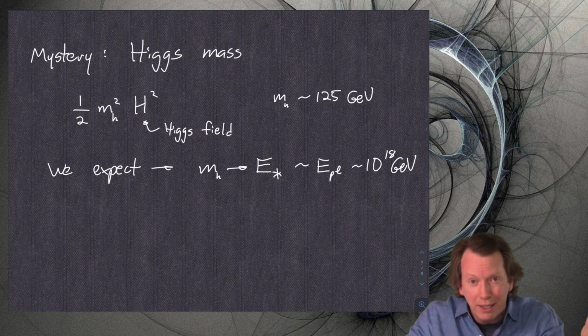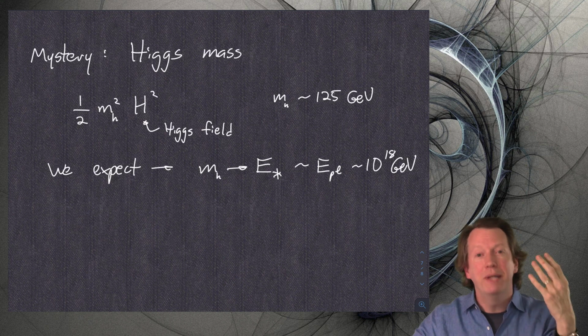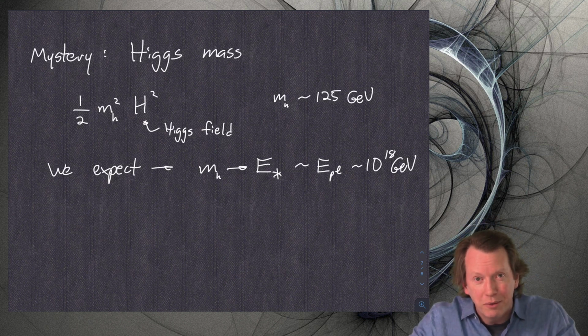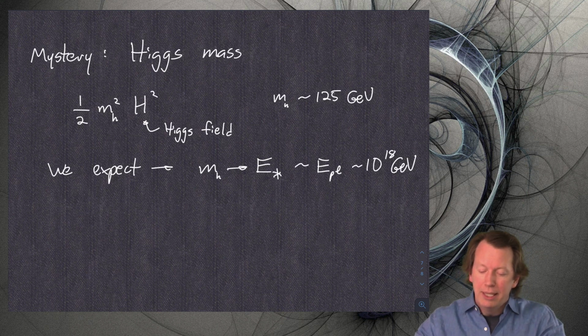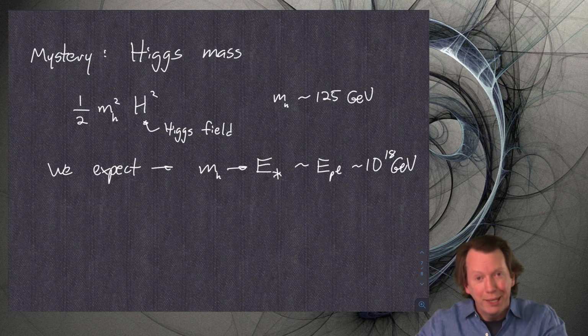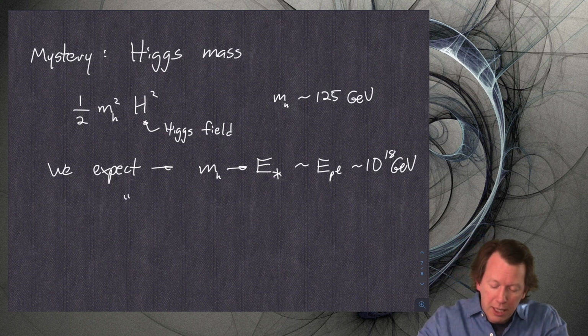The whole point of the effective field theory spiel is that we have natural expectations for the values of these coupling constants. But it's not, right? 10 to the 18 is about 16 orders of magnitude bigger than the actual Higgs mass that we measure. This is called the hierarchy problem. There's a big hierarchy